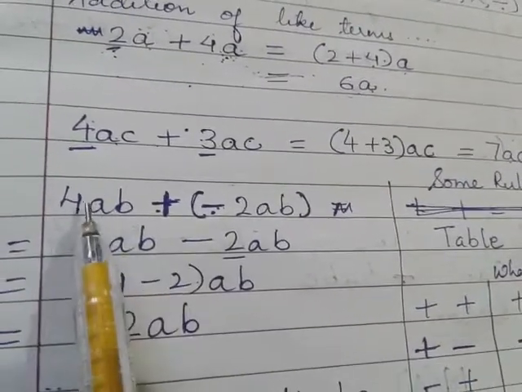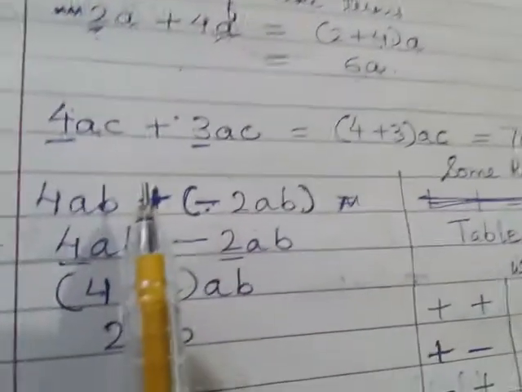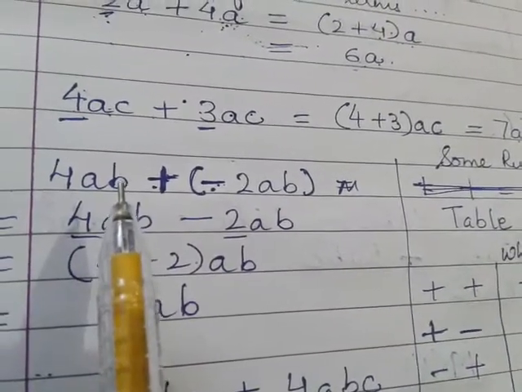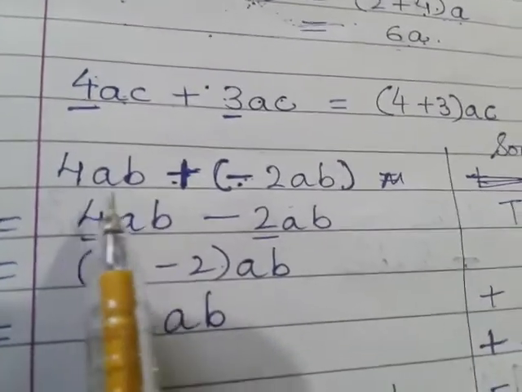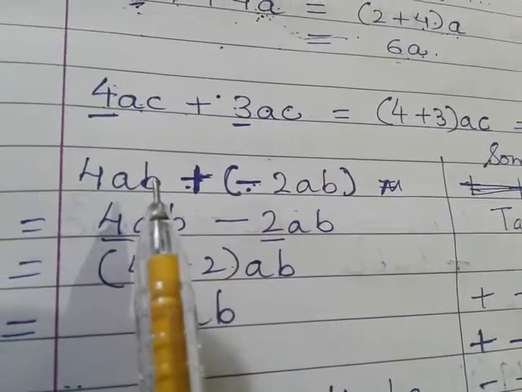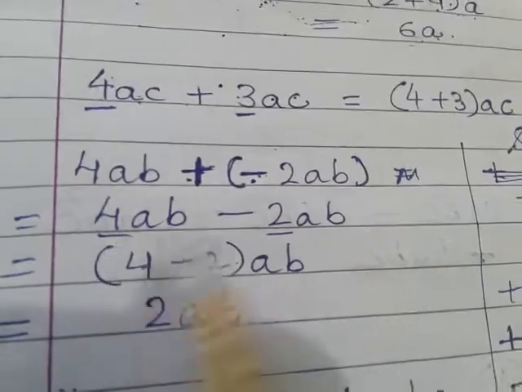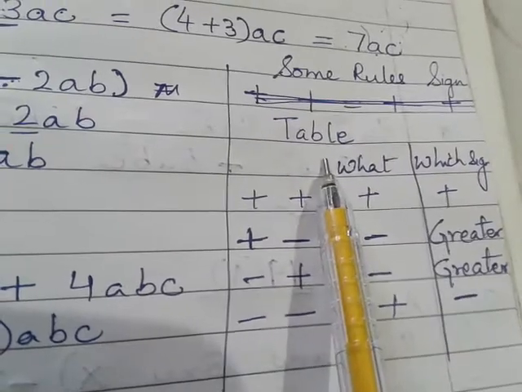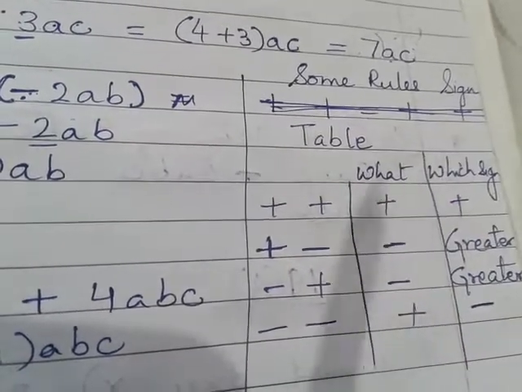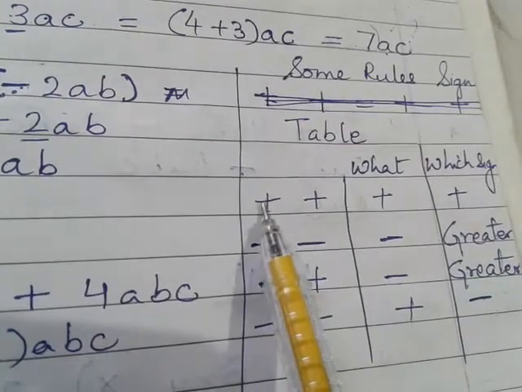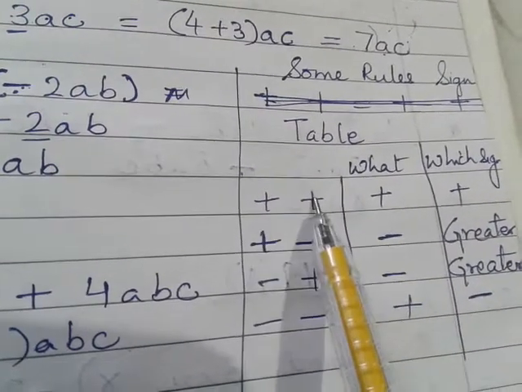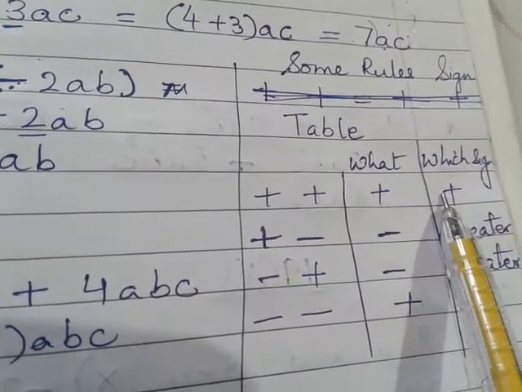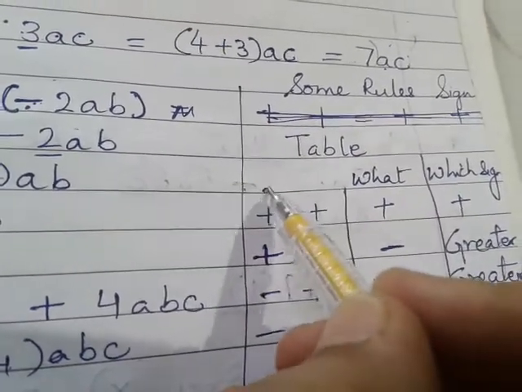Now let's see. Addition is very important, children. But if a minus sign comes, you studied it last year. Plus, minus, minus, minus, minus, plus, and all those things. I hope you remember. The same thing you have to follow here also. For that I have made a chart. I always give it to my students when I teach them subtraction. It is a table of rules of signs. When you have two integers, two numbers, if both are positive numbers, you have to add them, and which sign will you put? Plus. For example, I have 2 and 3.